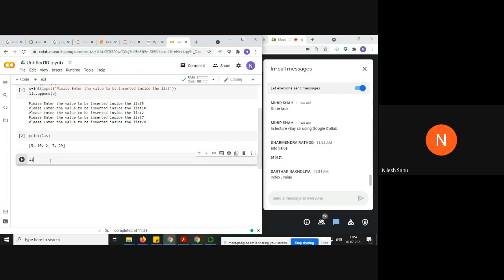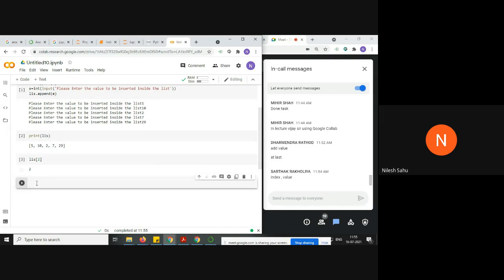Now just tell me one thing. To access an element inside the list, we can just pass the index number. List is one type of array in Python. So if you want to access the element inside the list, you can pass the index number inside square brackets. Like say if I say list[2], at the index number 2: 0, 1, 2. In Python, indexing starts from 0.